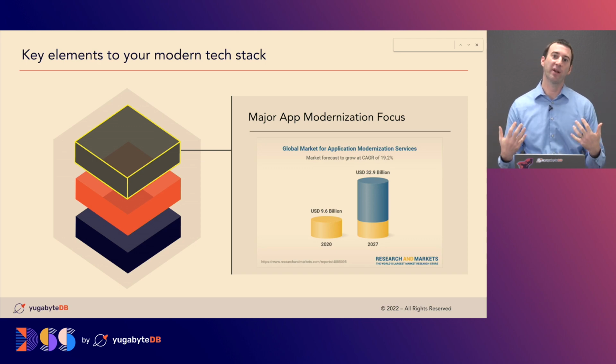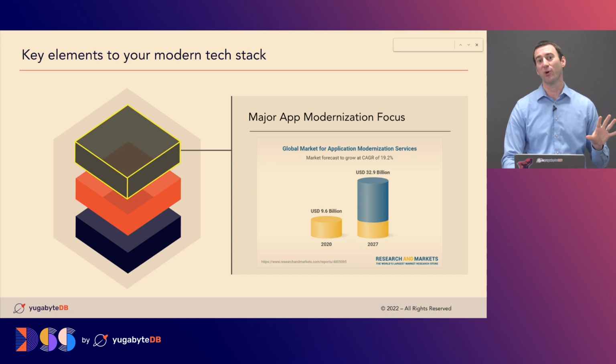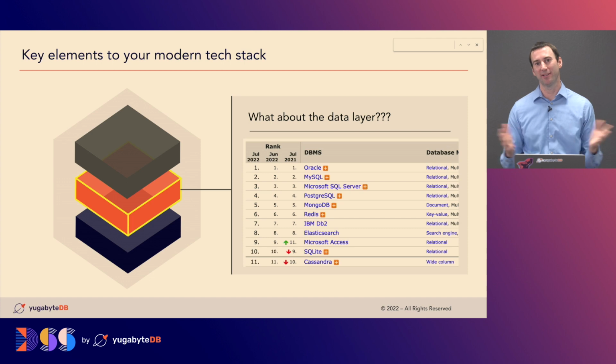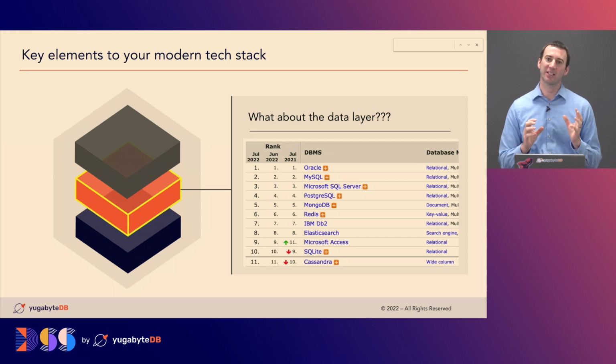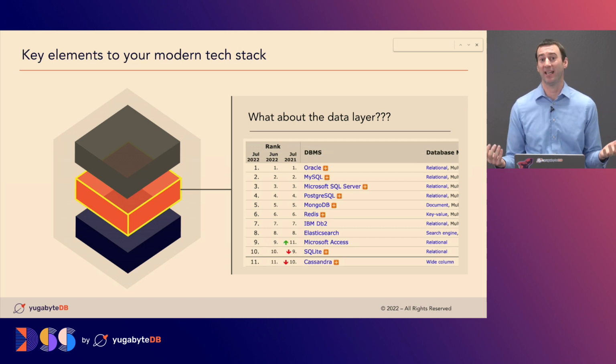And I'm sure everyone out there has been impacted by this. The DevOps buzzword, all the things around developers are putting a focus here. So a ton of change at the bottom layer, a ton of change at the top. But what about this middle data layer? If we look at where this space is, it's remained fairly static over the past 10, 20 years.